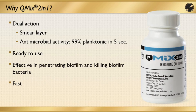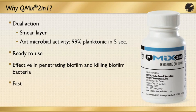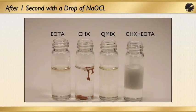And it's effective in penetrating biofilm and killing biofilm bacteria. That's a huge, huge benefit. And it's very fast, 60 to 90 seconds. So let me show you this picture of what happens with different vials: EDTA, chlorhexidine, Q-Mix, and chlorhexidine and EDTA